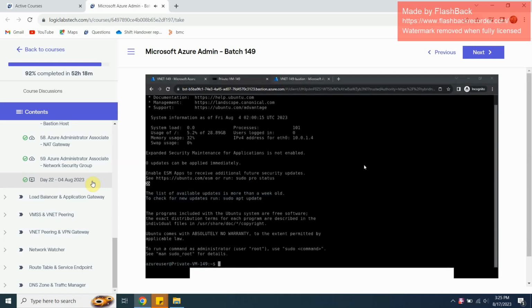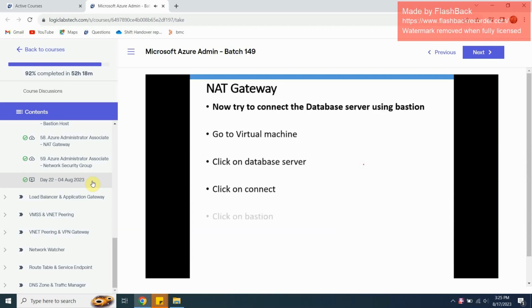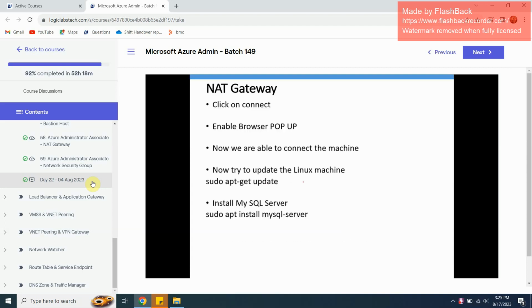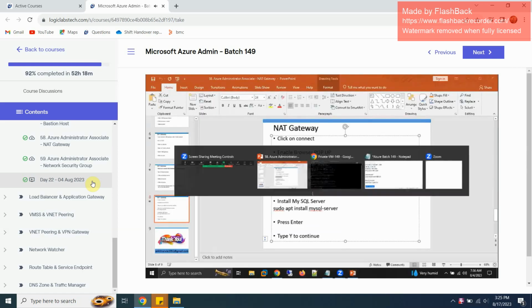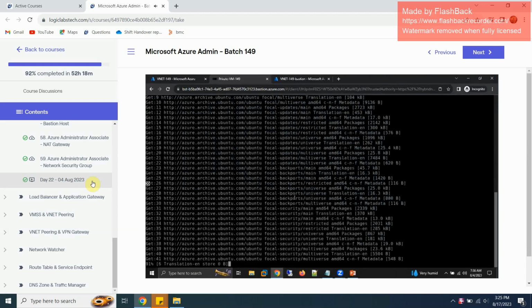Now what I'm going to do is update the repository. See here, I'm able to update our